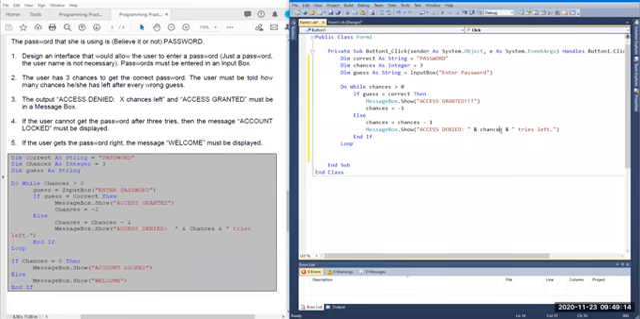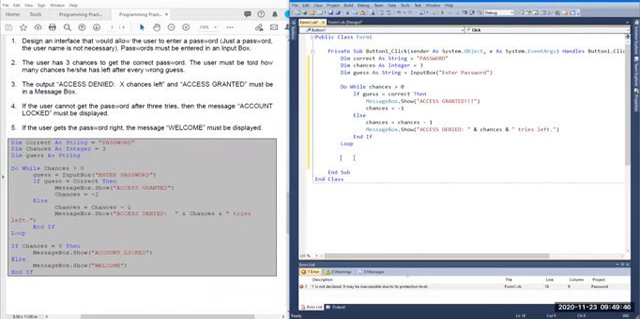Okay. So in this case now, after the loop ends, to determine if the user has guessed correctly or not, you have another if statement outside the loop that says if chances is equal to 0, then there must be a message box to show the user that your account has been locked. So just call this account locked. Else, as long as the chances